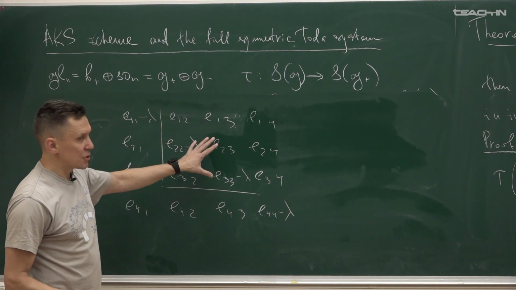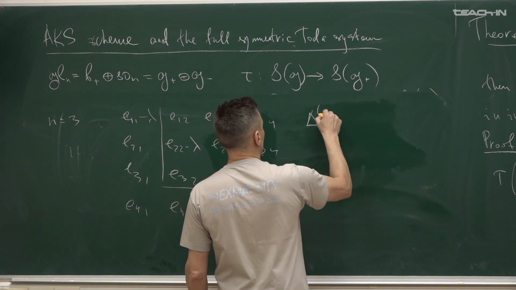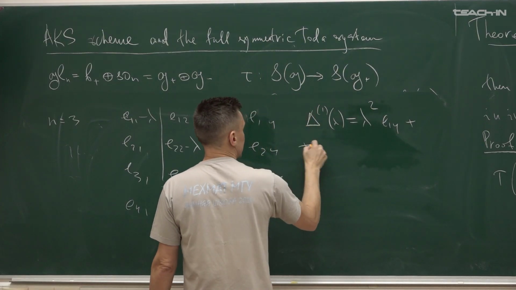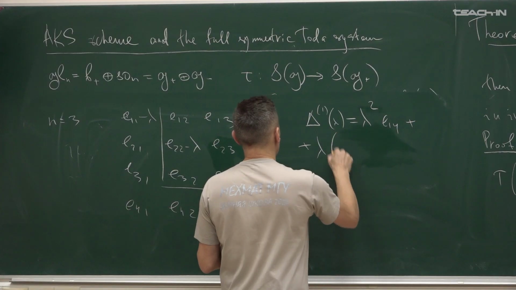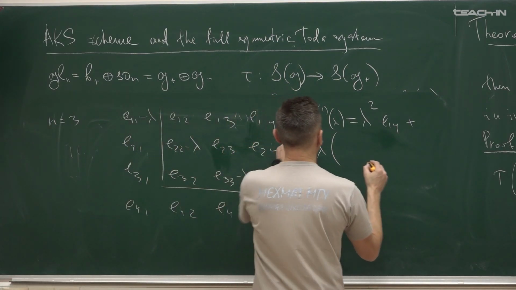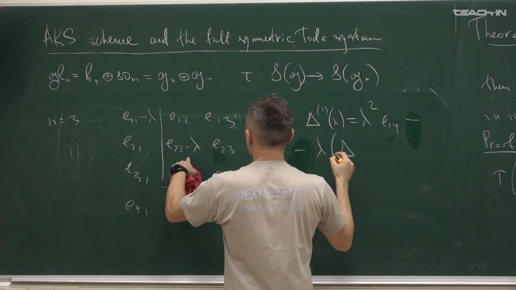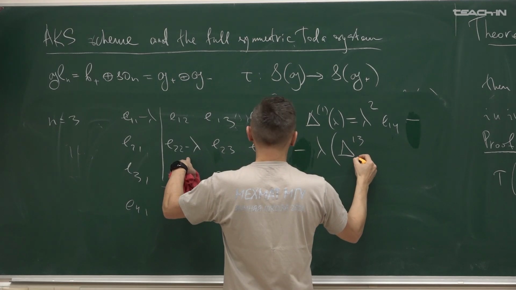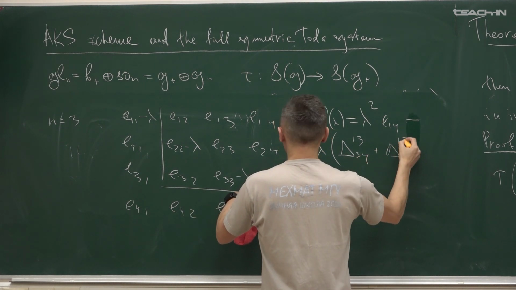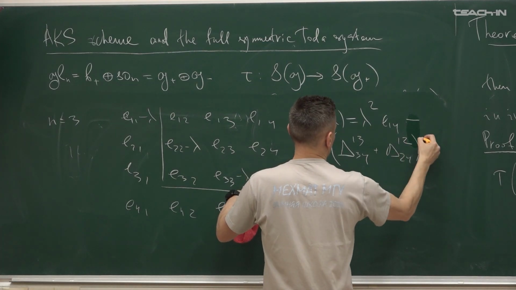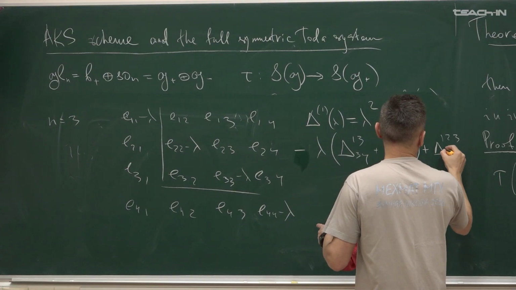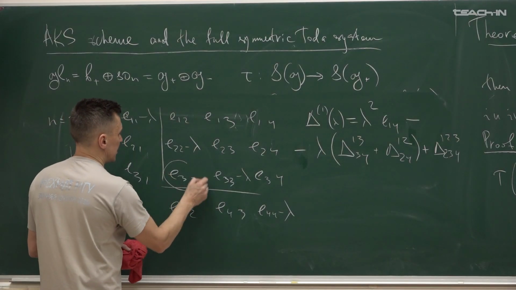So when we consider such a chopping, it's delta 1 of lambda, it is lambda square E1 plus lambda minus lambda delta 1, 3, 1, 3, 3, 4 plus delta 1, 2, 2, 4 and plus delta 1, 2, 3, 2, 3, 4. You see, there is an element here